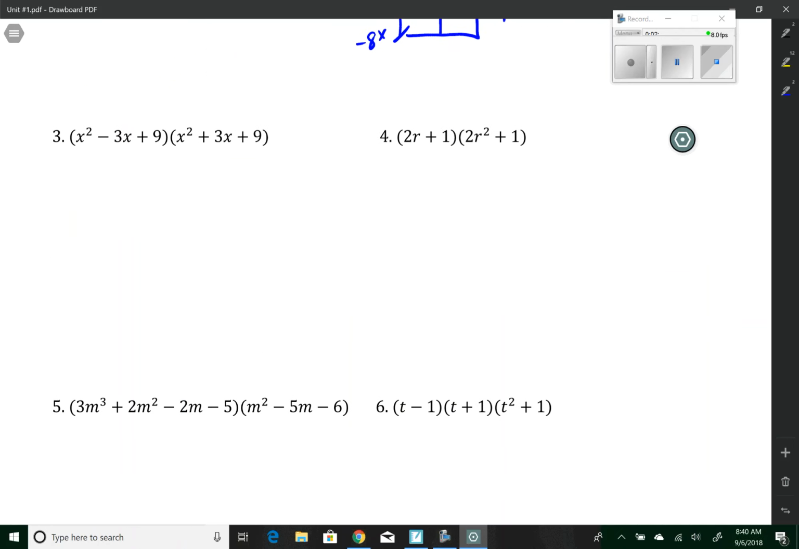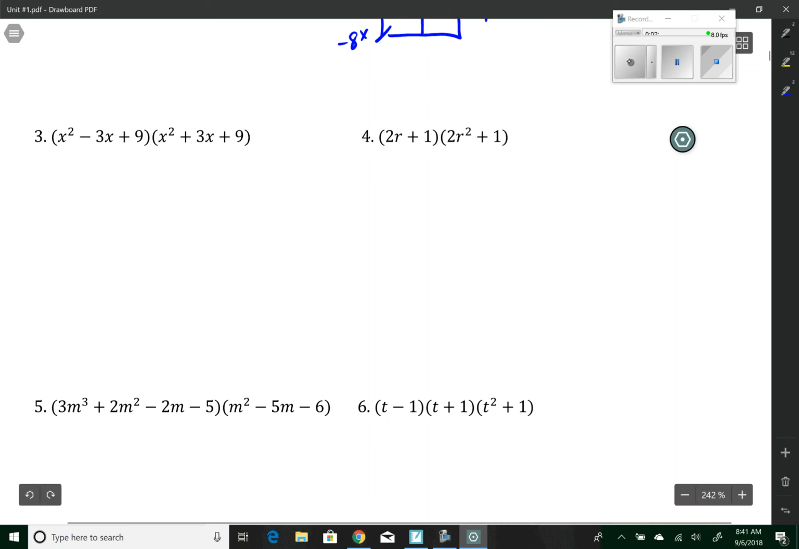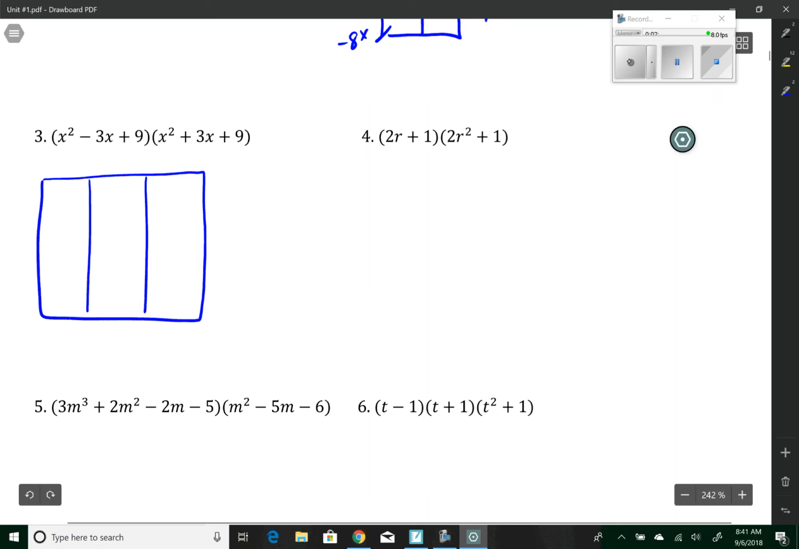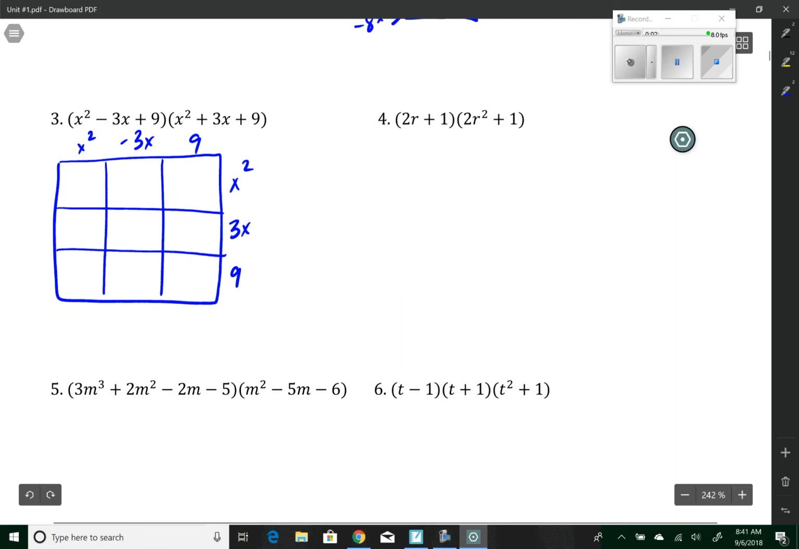All right, next problem. So this is a 3 by 3, right? So we could do the box method here or the distributing method. Really doesn't matter. I'll do the box method here again. So 3 by 3 is going to tell me to make 9 boxes. So I have x squared, negative 3x and 9, x squared, positive 3x and 9. So I have x to the 4th, 3x cubed, 9x squared,